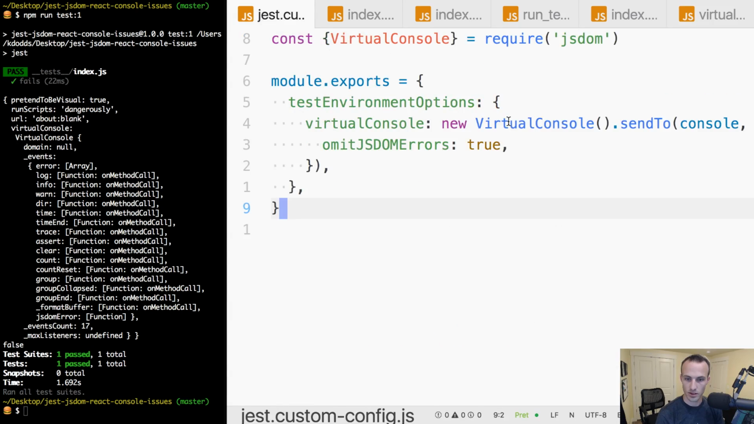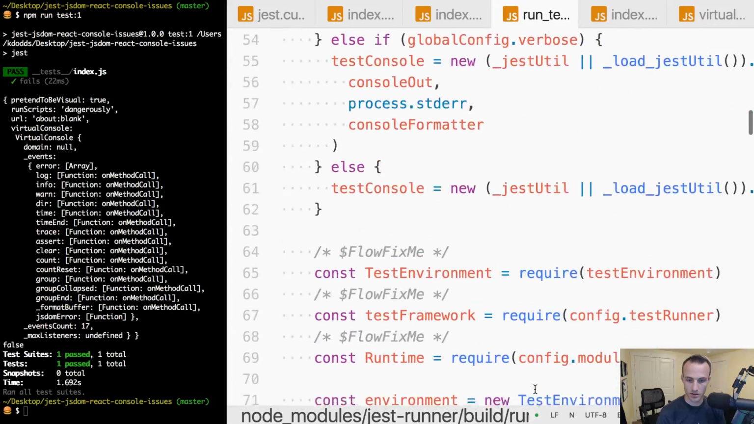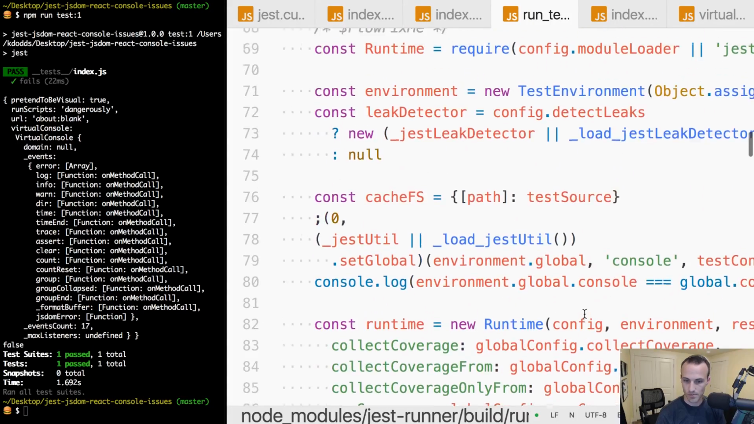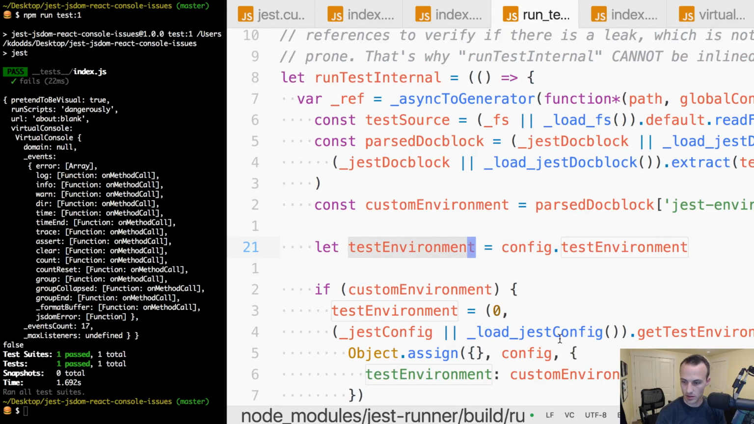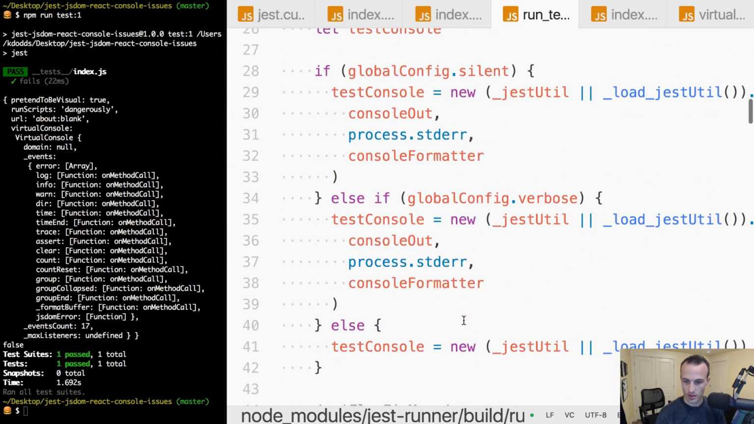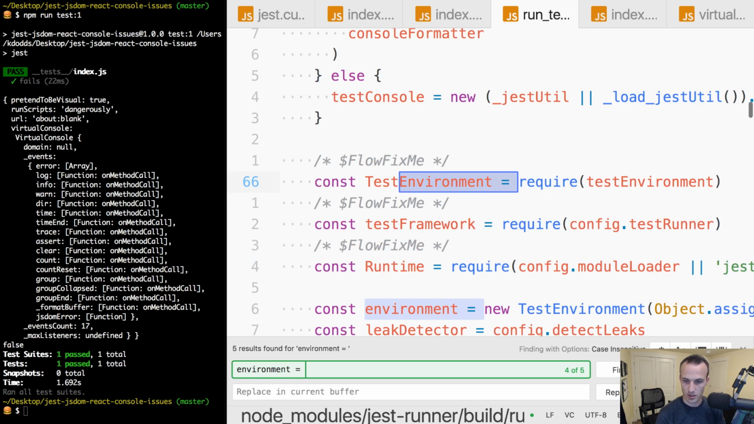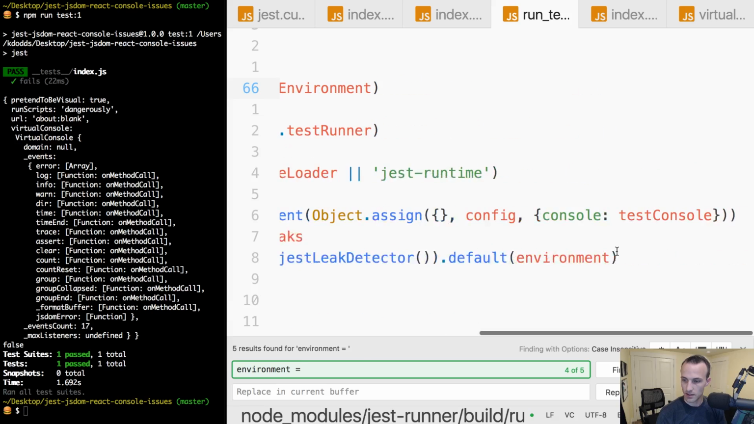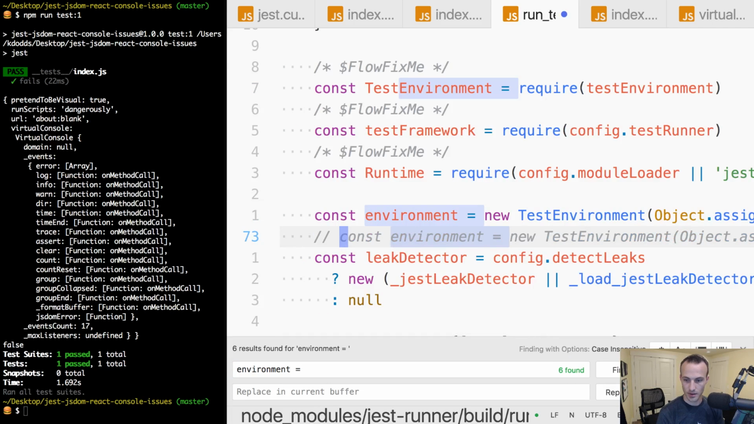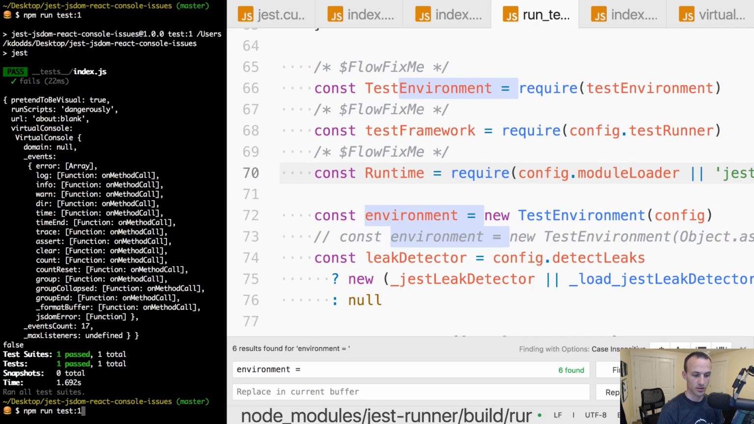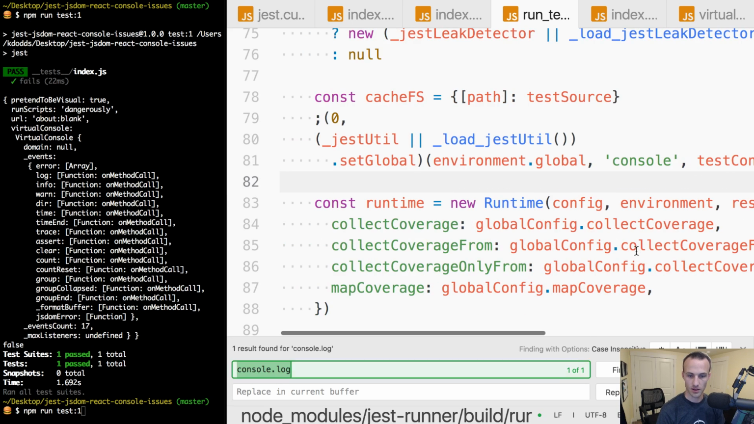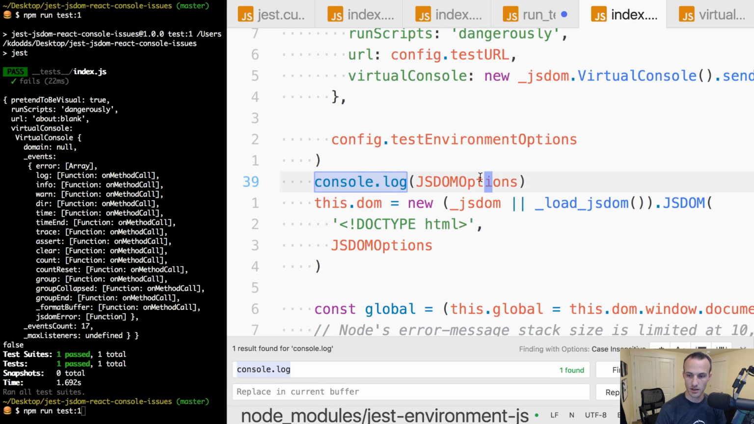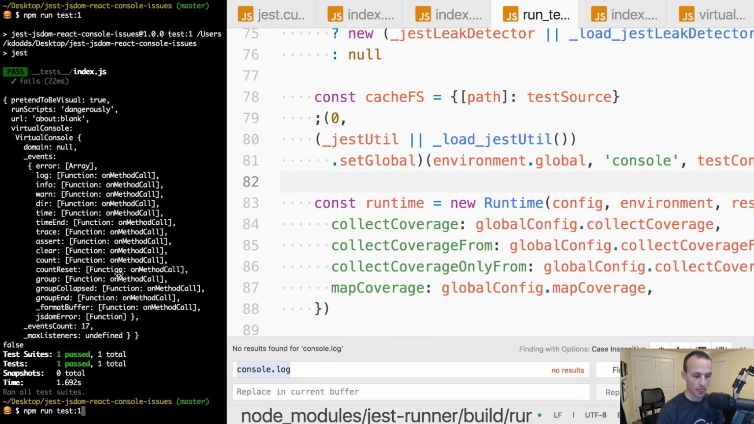Let me just go back and unfix it really quick. Okay, cool. Now if I run it, then